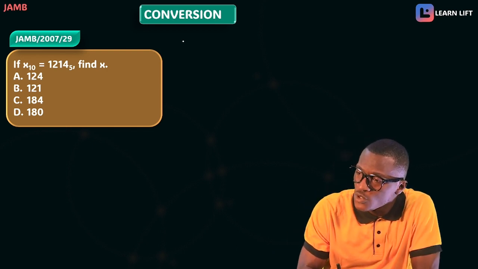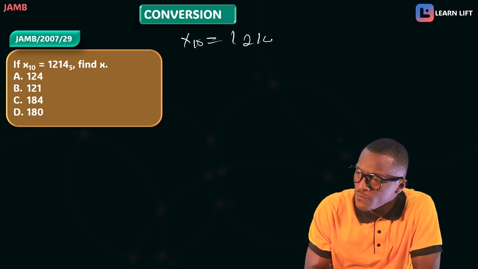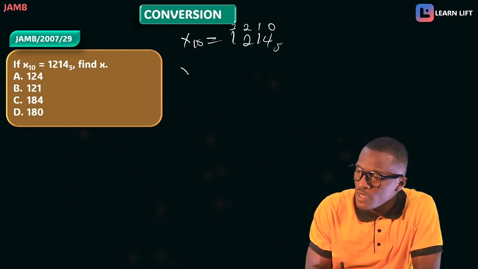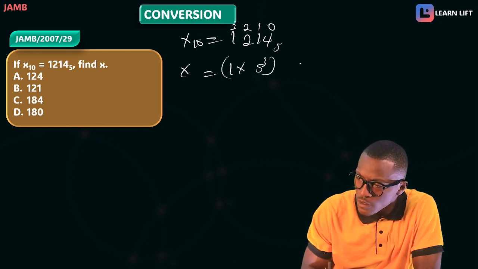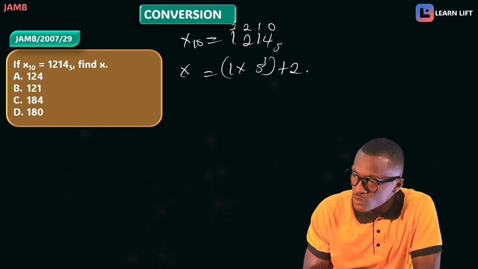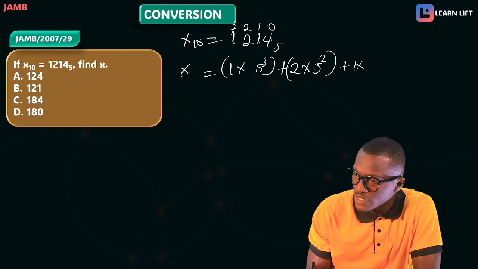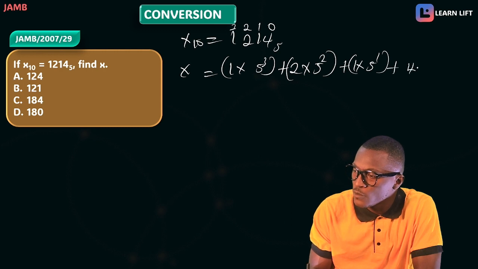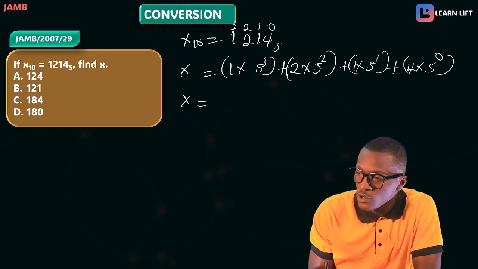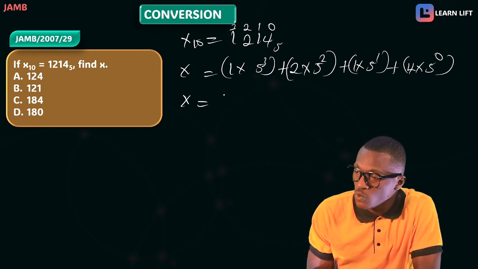x already is in base 10. So x in base 10 is equal to 1, 2, 1, 4 base 5. That's 0, 1, 2, 3. That becomes x will be equal to 1 times 5 raised to power 3 plus 2 times 5 squared plus 1 times 5 raised to power 1 plus 4 times 5 raised to power 0. So our x automatically becomes 5 times 5 times 5. That should give me 125